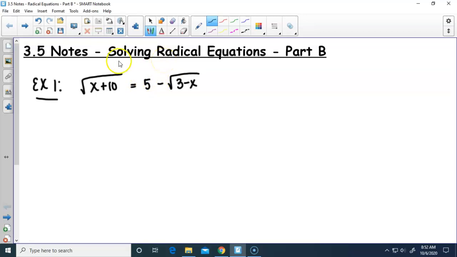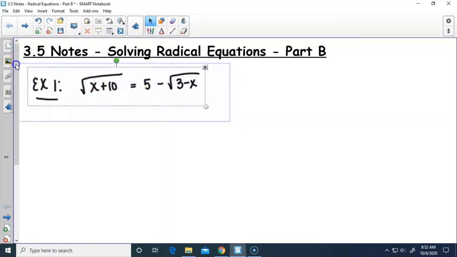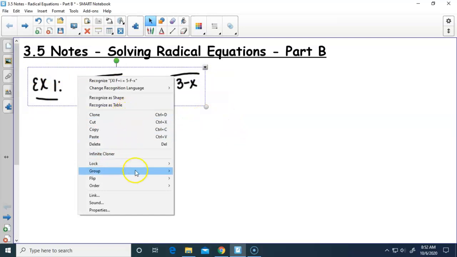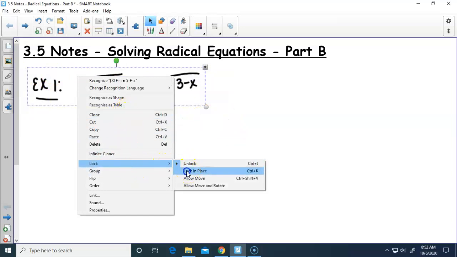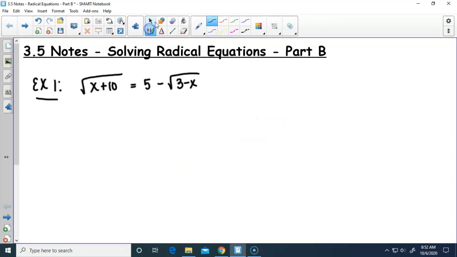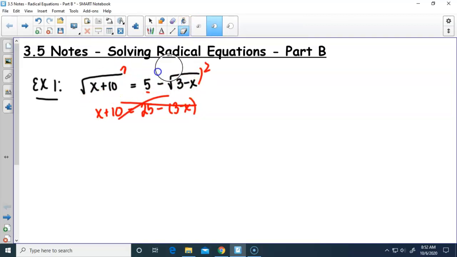So you might be tempted to, let me lock this in place so it doesn't go away. Don't write this down. This is going to be wrong. So you might be tempted to just do this. Say you're going to square both sides and say this is x plus 10 equals 25 minus 3 minus x. This is incorrect. You cannot do that. And the reason that you cannot do that is because